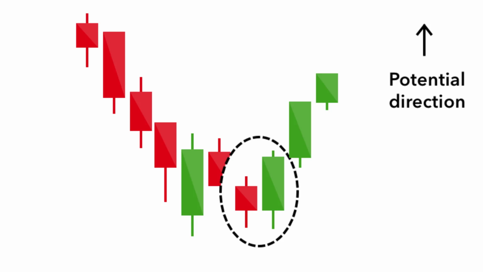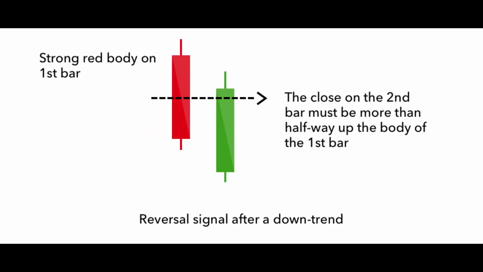Now coming to the next candlestick, it is the bullish engulfing. The bullish engulfing pattern is formed of two candlesticks. The first candle is a short red body that is completely engulfed by a large green candle. Though the second day opens lower than the first, the bullish market pushes the price up, culminating in an obvious win for the buyers.